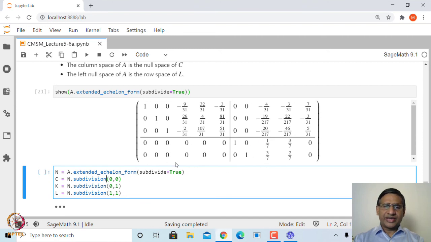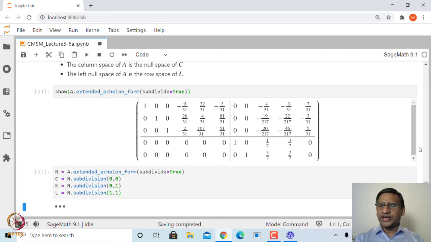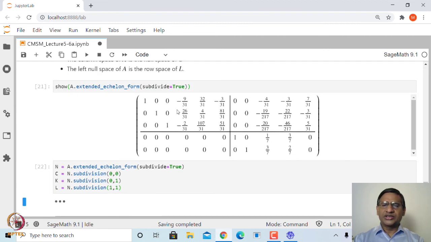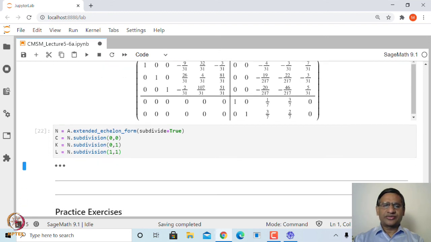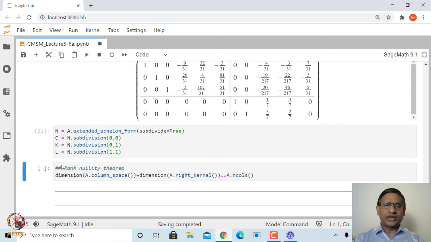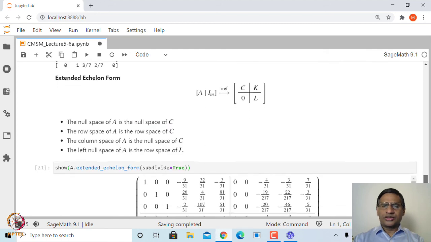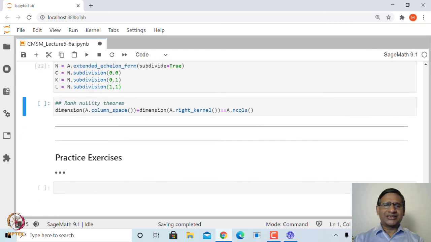If I say N dot subdivision(1,0), this will give me this 0 matrix. So, that is how you can extract these submatrices. These are also called block matrices. So, you can extract these blocks, and then you can verify the other properties which I have mentioned here. Okay. So, that I will leave as an exercise.